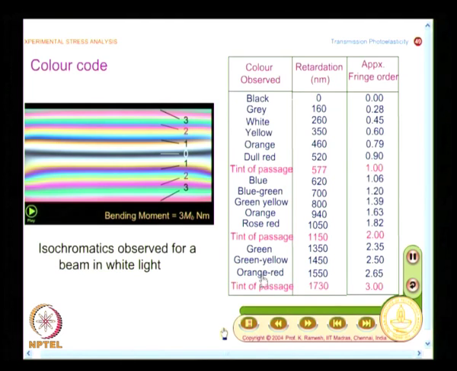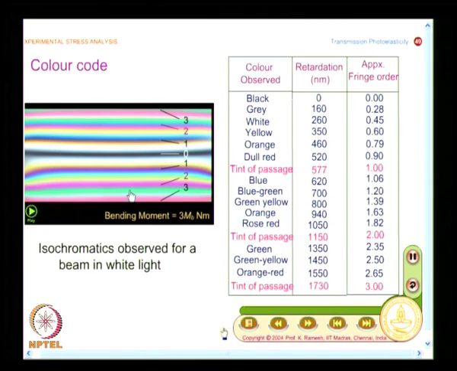Then you have another tint of passage between orange red and green, and beyond fringe order 3 the colors tend to merge, though it is not shown in this picture. The picture stops at fringe order 3. Beyond fringe order 3 the colors merge. It is very difficult to associate a particular color to a fringe order beyond fringe order 3, and this gives